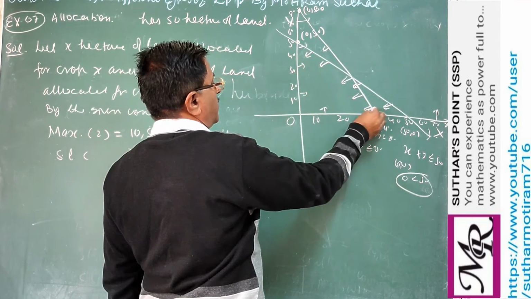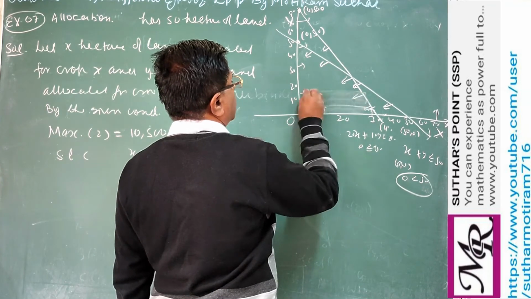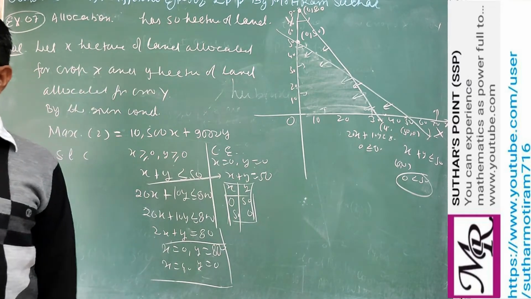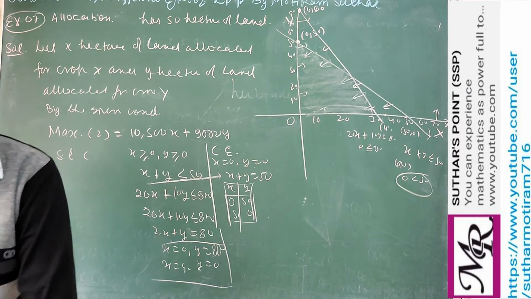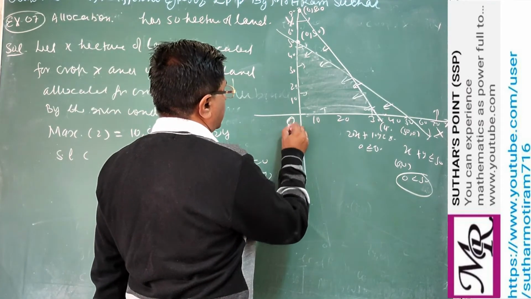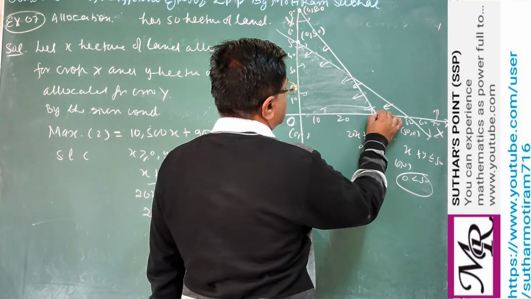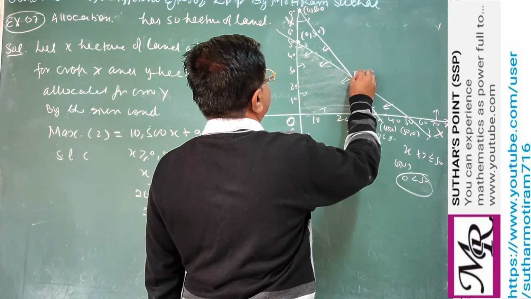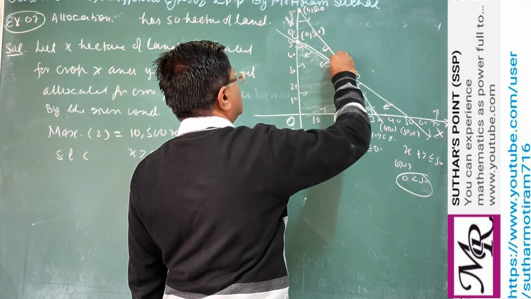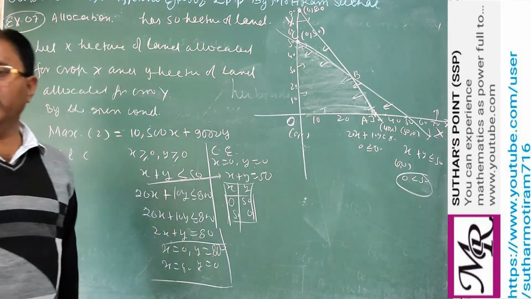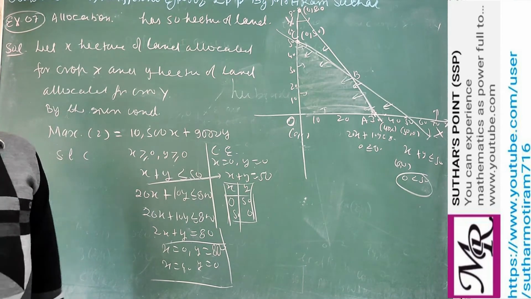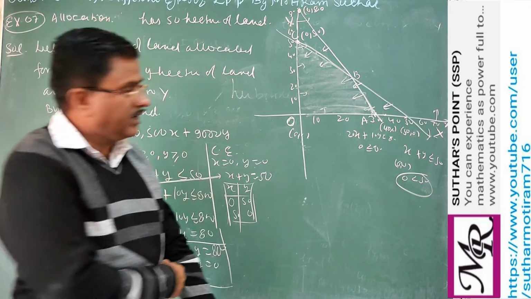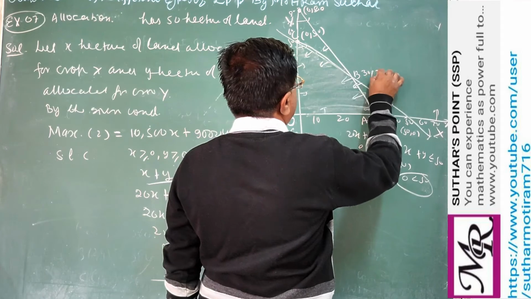So the common region for all the conditions is this shaded portion. Now we find the corner points, that are O, A, B and C. This is the origin O, coordinate 0, 0. This is point A, its coordinate is 40, 0, and this is B we want to find, and this is C. So these are the corner points. The coordinate of point B we can find from the graph, or you can solve the equations and get 30 and 20. So this is a bounded region.